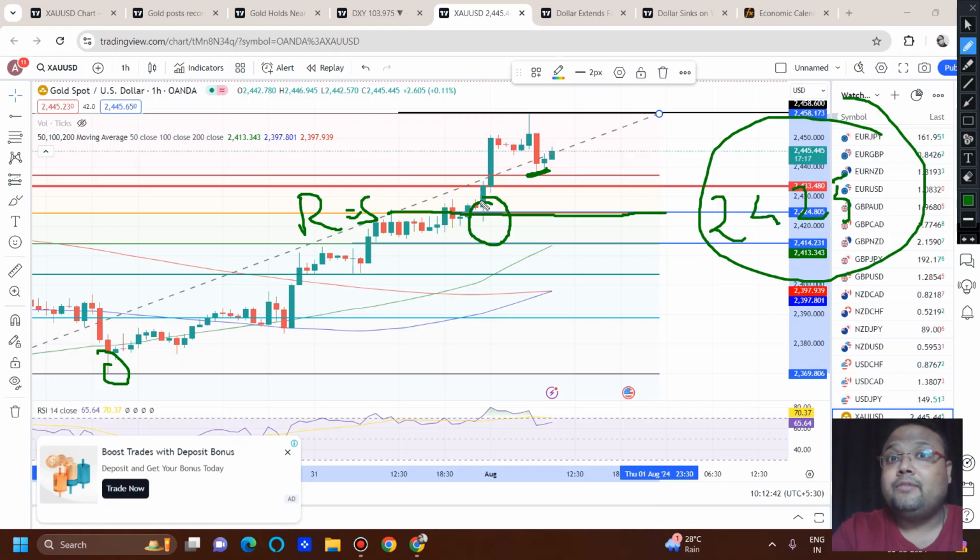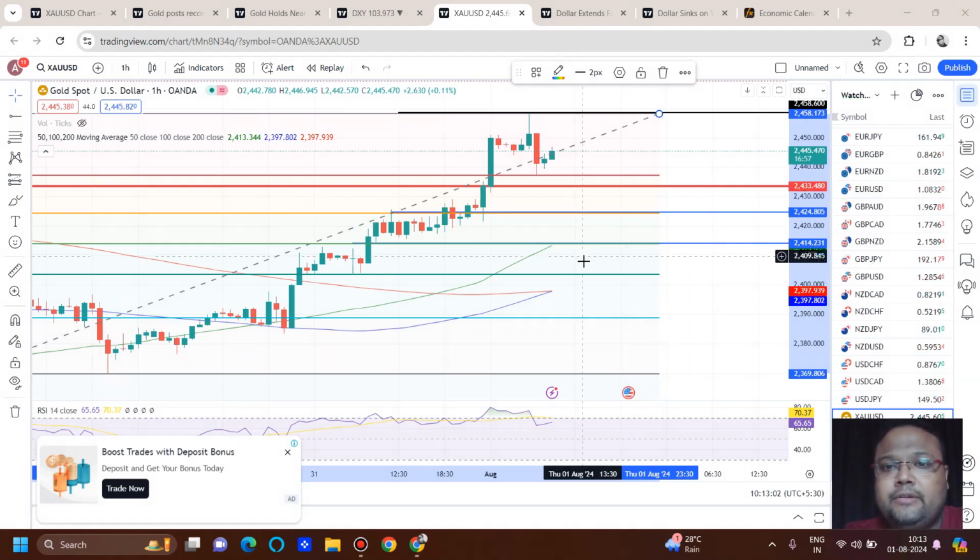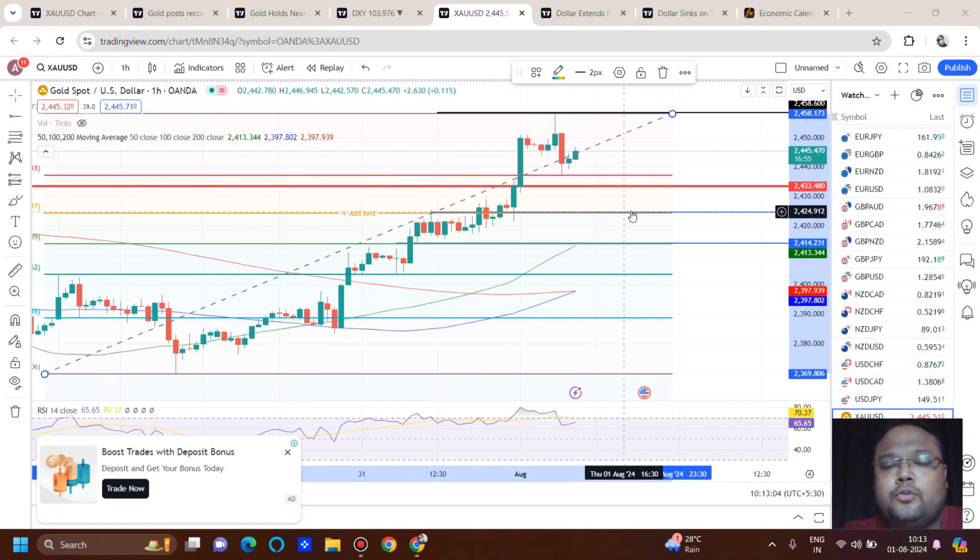And yesterday the level was working as a good resistance. So from both the Fibonacci and price action points of view, it seems to be a good level. And if it fails, then we have the 2414 area. Why 2414? Because of the FIBO 50% retracement level, and we have the 50 moving average coming up. So these are the reasons why we can consider 2425 and 2414 in case of a retracement.